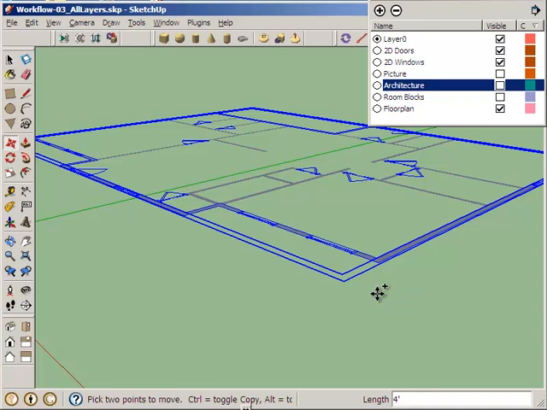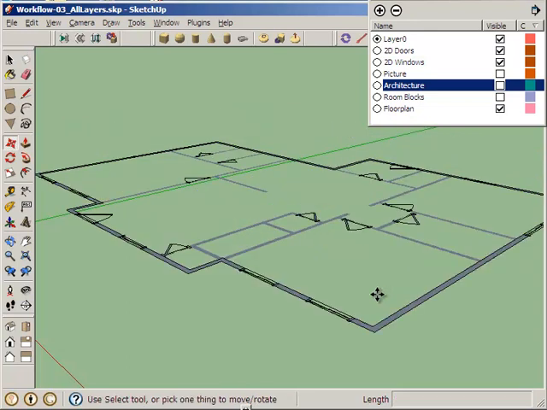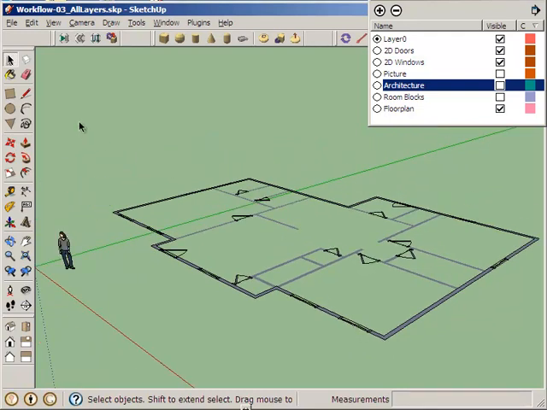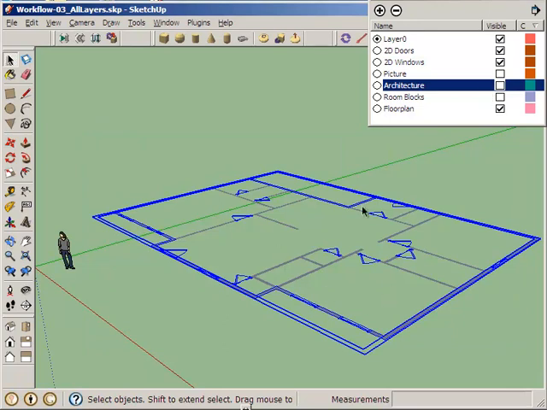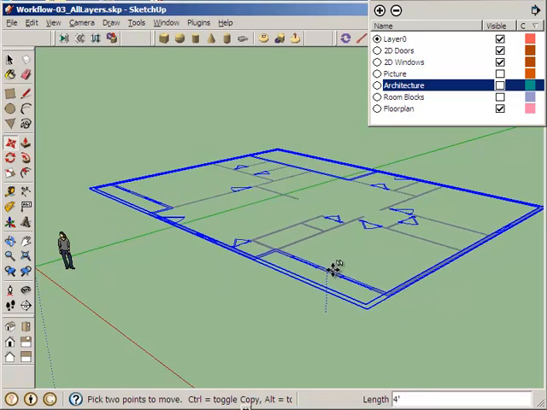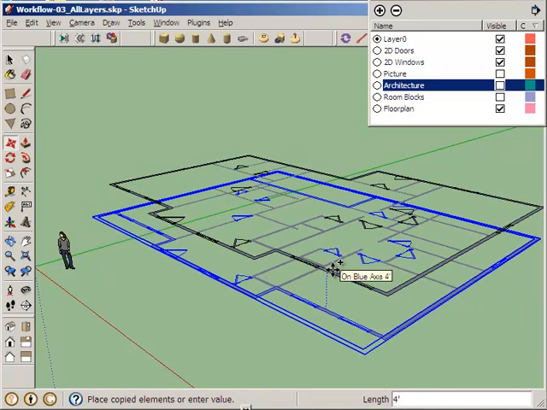I'll use the control key. Let us try that again. So I want to use these floor plan elements as the basis of my 3D walls. And I want to keep my floor plan, and so I'm going to make a copy of it, and that copy will be placed into the architecture layer. So I highlight all these things, use my move tool, constrain to upward movement, hit control to make a copy, and define my